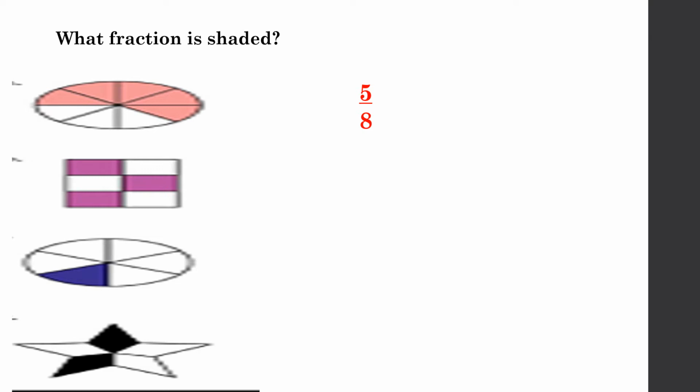And you can see whether it can be divisible or not. They don't come in the same table, in any of this table. So you cannot reduce it. So the fraction here is 5/8. Now in the second figure, children, you can see total number of parts are 6, which you will write in the denominator, and the colored parts are 3. So that you will write on the numerator.